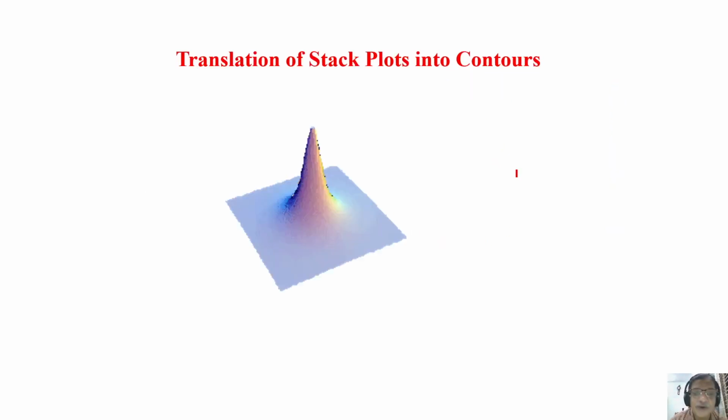Now, you may ask me a question: how was this stack plot peak converted to a contour? How do I translate this peak into circle-like contours? I'm trying to give this picture for you. Look at it very carefully. Imagine it's a mountain, a steep mountain. Now what you can do is, you start from here and go around. I cannot go behind this drawing, but imagine you are going around a hill like this. You go around the hill from the bottom.